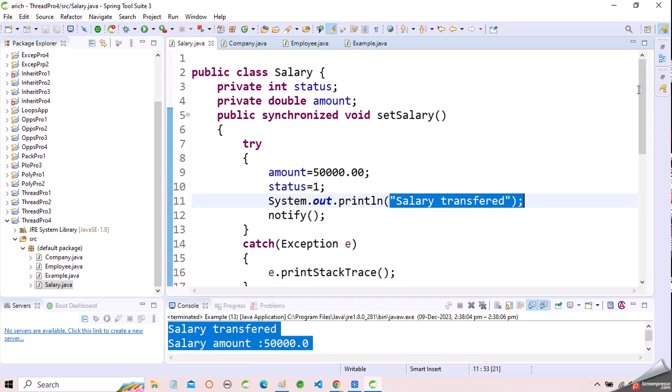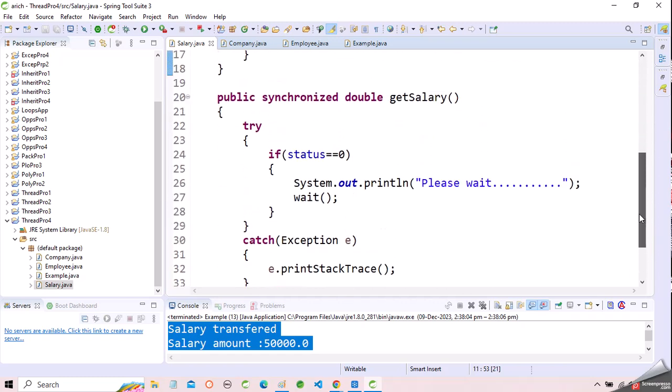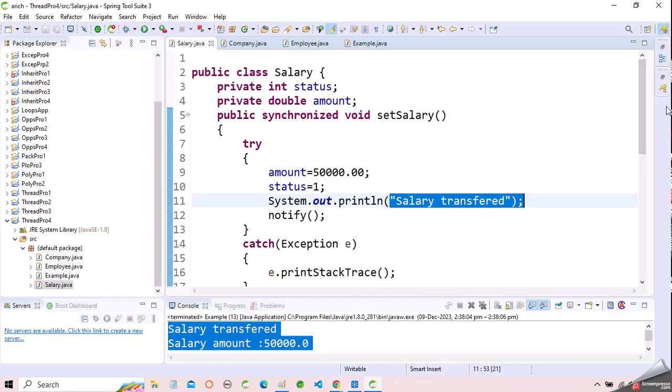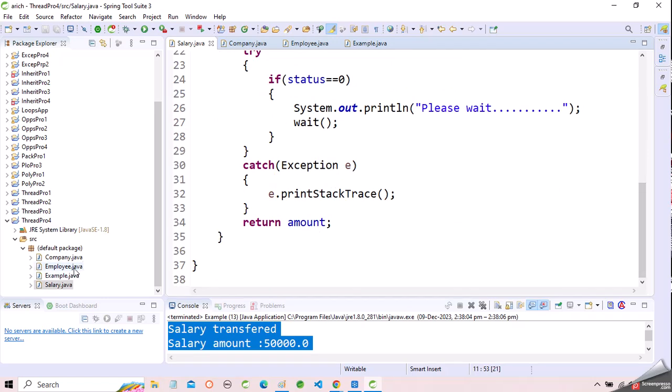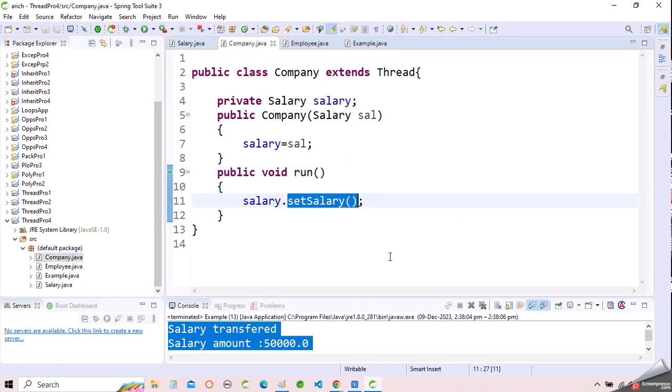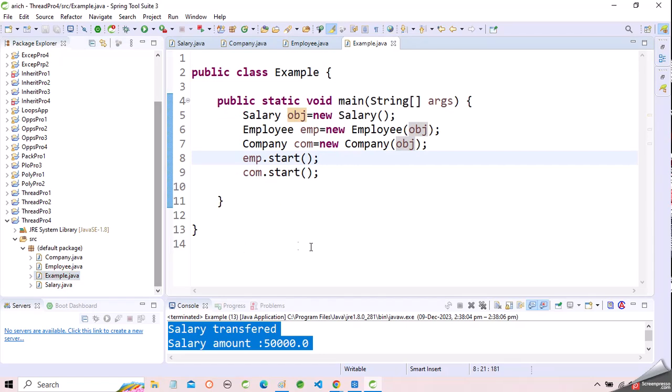Okay, I think you can do this. This is the company thread, employee thread example. The next topic is